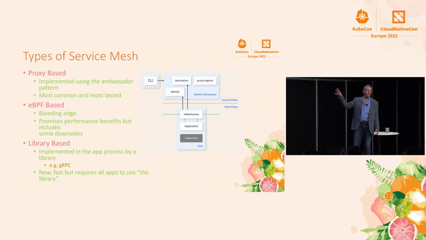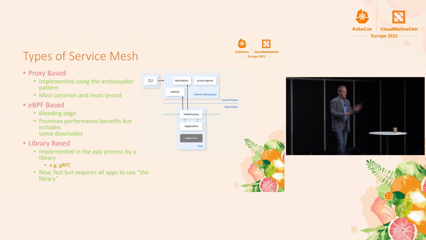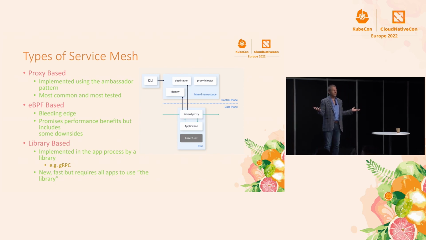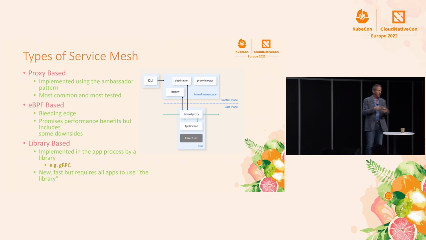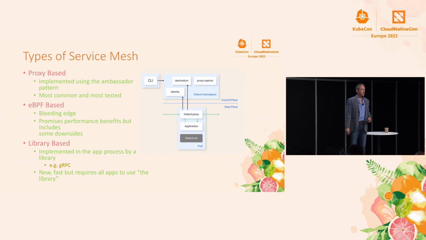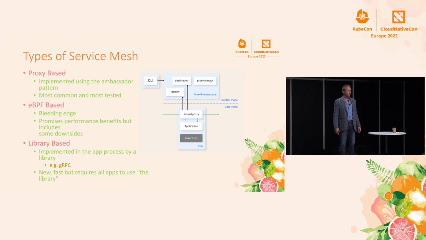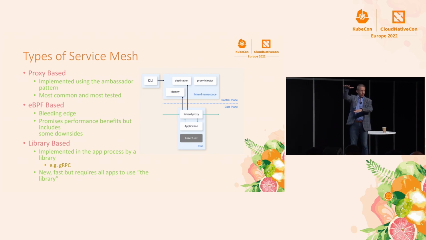And then library-based. What if you're using gRPC everywhere? Well, gRPC could do the TLS for you in its gRPC library, right? If you're using it on both sides, then you could flip that on. And gRPC just, I think, went GA with their proxyless service mesh. And so you could use the control plane of a standard service mesh to talk to your gRPC libraries and tell them to do what they need to do to do the service mesh stuff. And now you don't have a proxy.